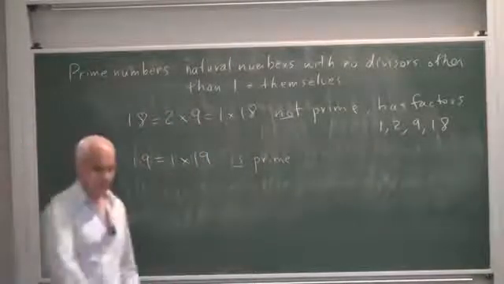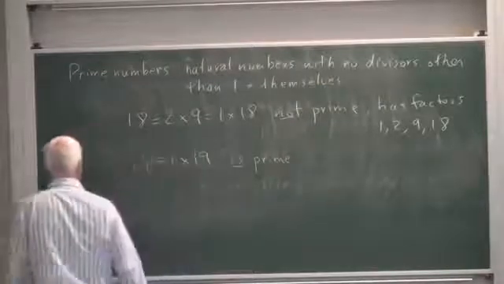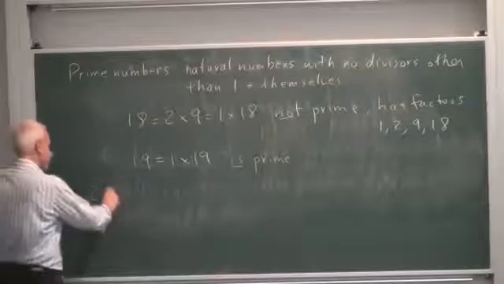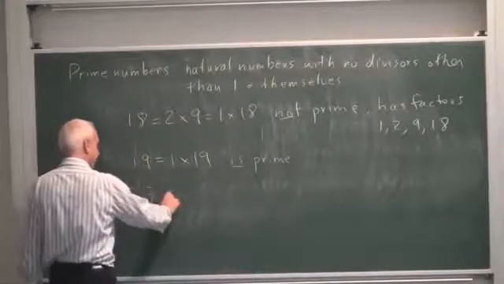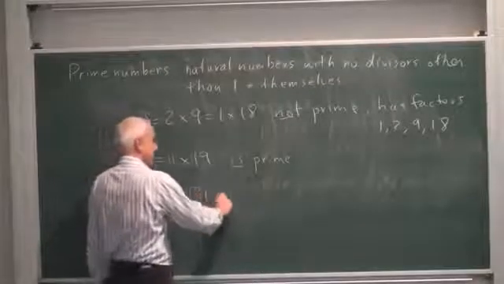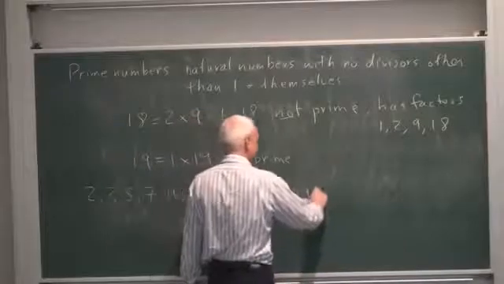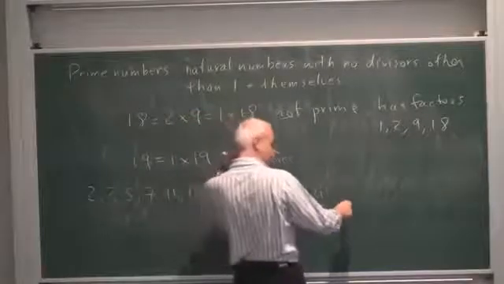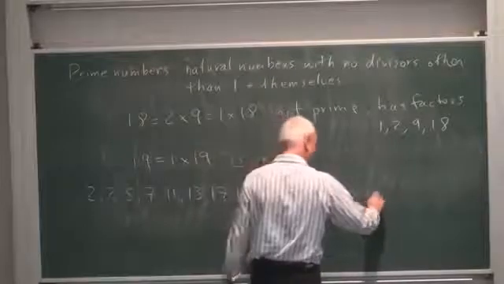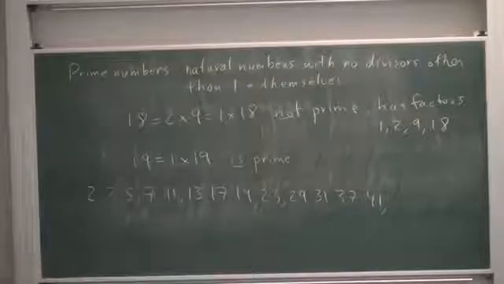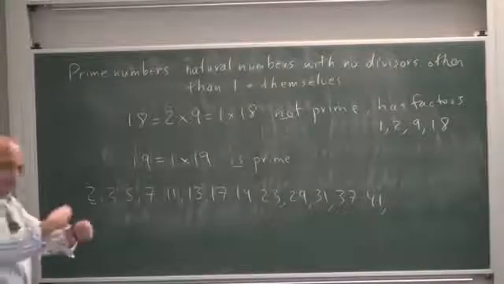And the list of primes is both intriguing and somewhat regular, but also somewhat irregular. So 2, 3, 5, 7, 11, 13, 17, 19, 23, 29, 31, 33, 35, 37, 41, and so on. They get a little bit sparser as we get out. There's quite a lot of them between 1 and 100, but as we keep going, they get a little bit